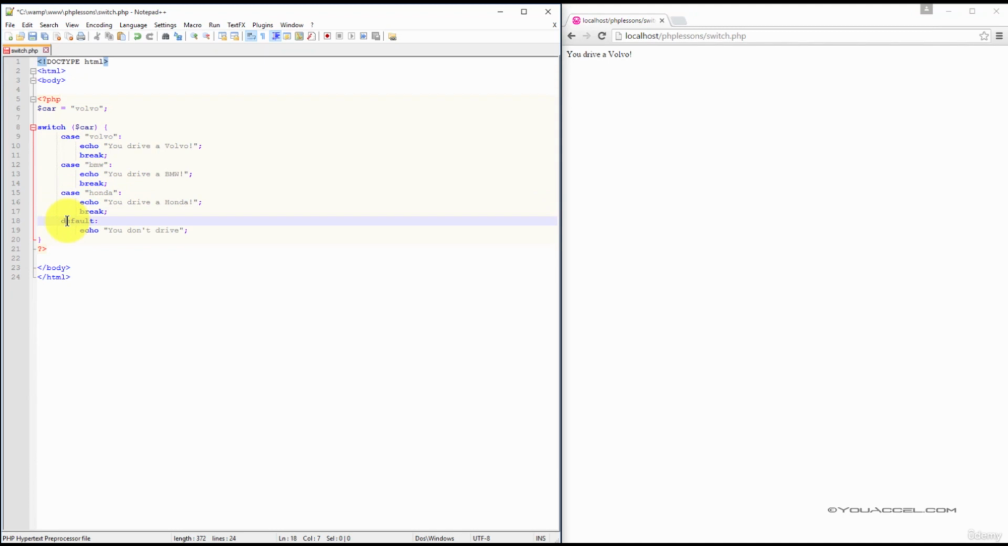We then use the default statement to output the text, "You don't drive," if the car variable does not equal any of the cases defined above. So as you can see, it's relatively straightforward. Since our car variable is set to Volvo, in our web browser, we can expect the statement, "You drive a Volvo," to be outputted. If we change this to BMW,